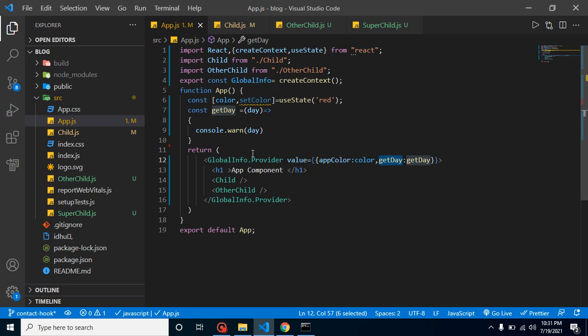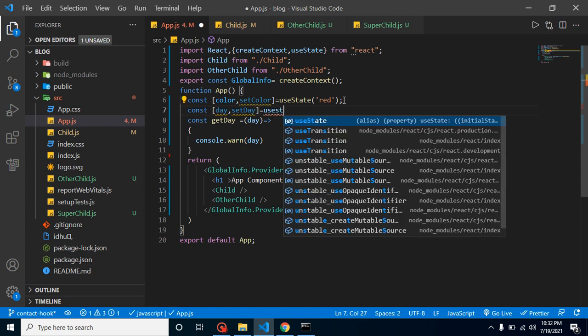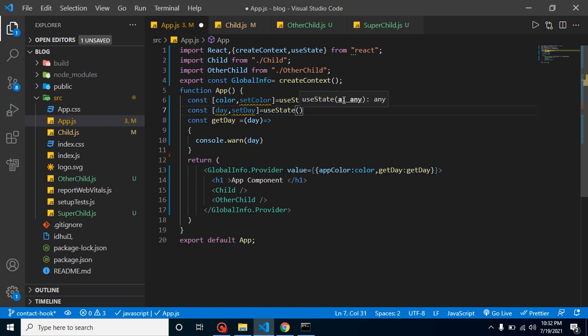So how can we display this Sunday over here in our h1 tag? Again, let's take a state, const day, setDay, and by default you can put any blank day also, or let's say put Monday here, right?